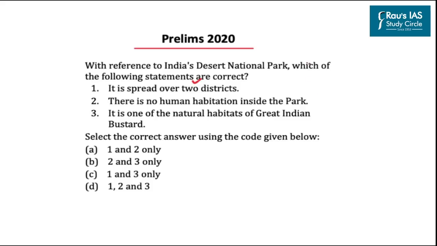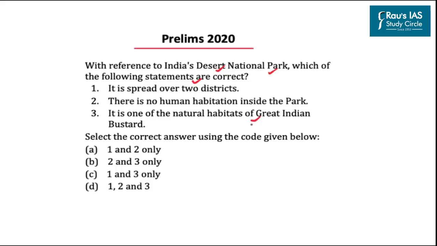Now, whenever questions are asked on some national parks or biodiversity reserves, students are often confused as to how to prepare this important topic for the environment section. Because there are around 50 tiger reserves and many more national parks. Now, an interesting fact over here is that the question was asked not because of Desert National Park, but because